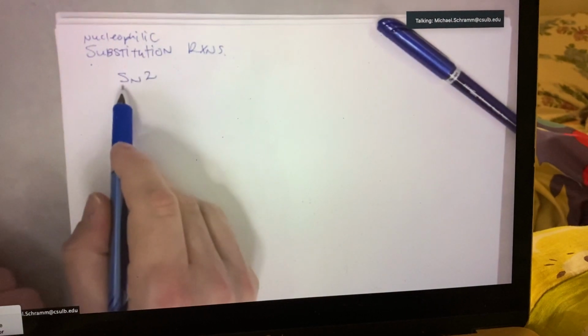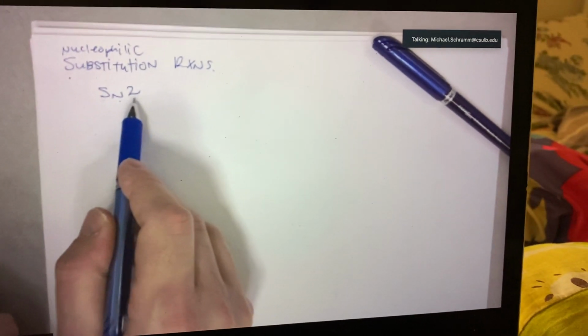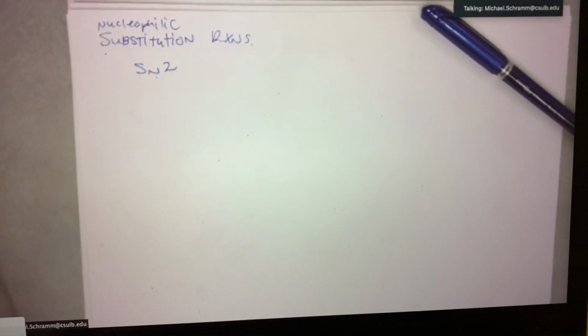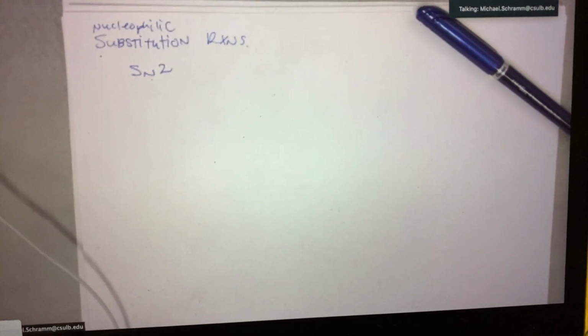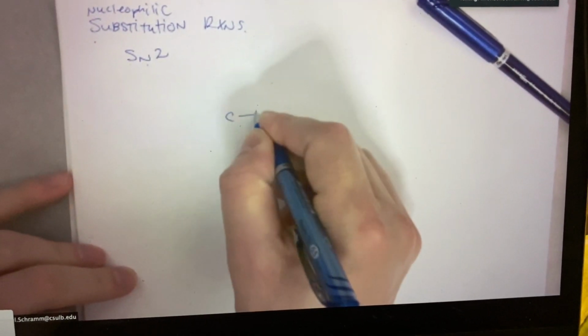And it simply means a substitution reaction. It's nucleophilic, or involves a nucleophile. And the 2 part is related to kinetics. We're not going to do any kinetic calculations, but the 2 will become self-evident when we actually get to it. And the typical substrates we're going to use for these,